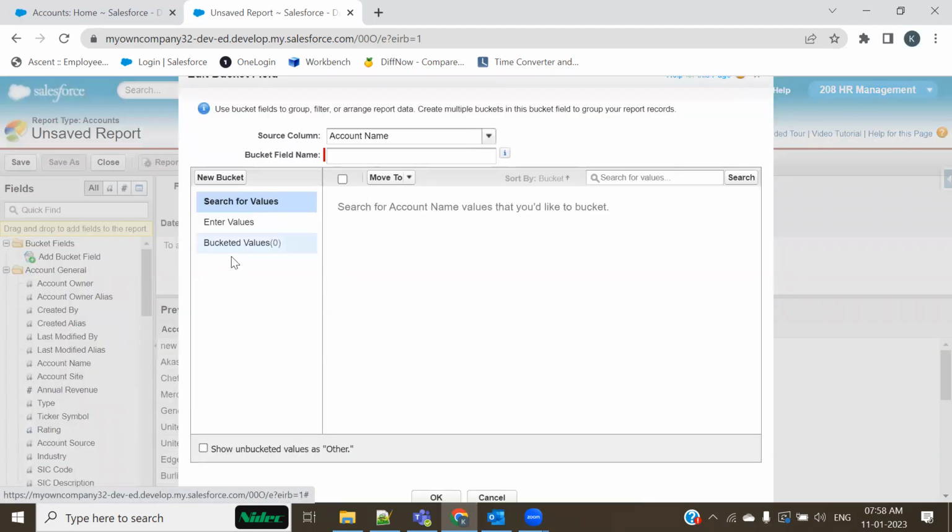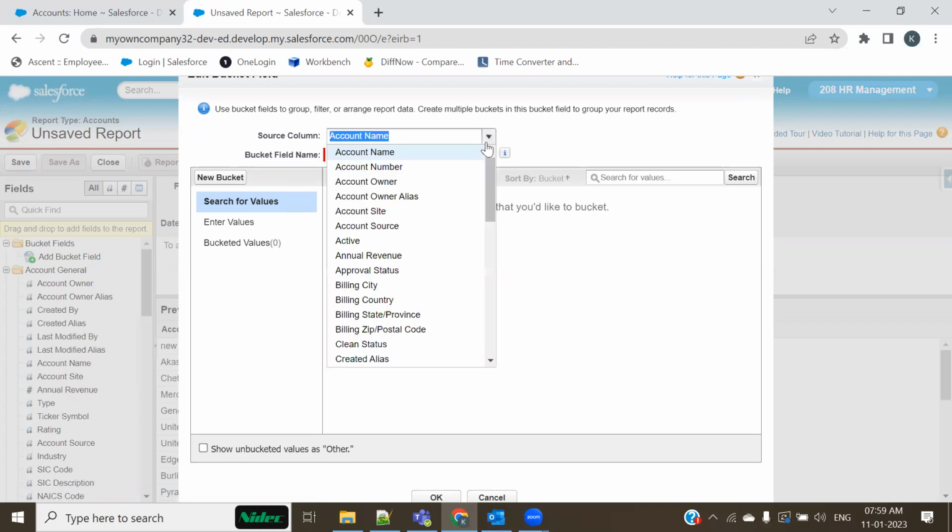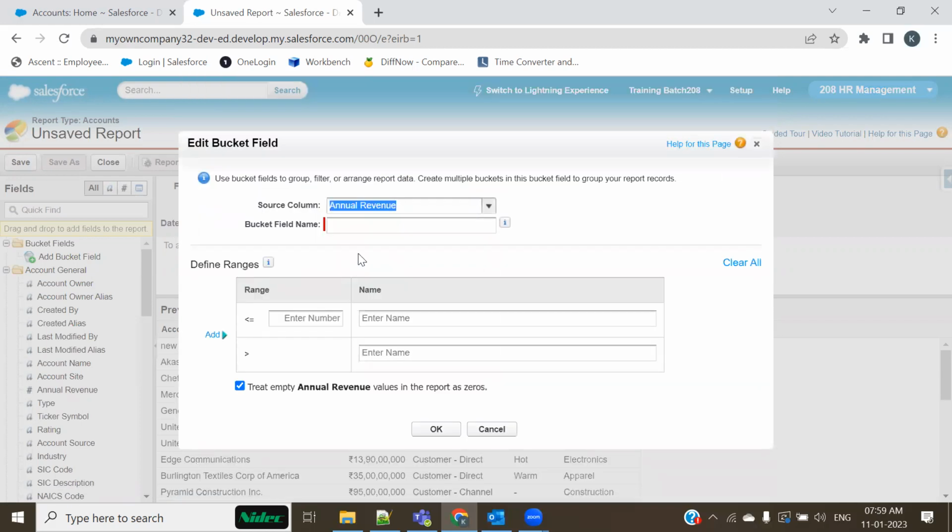So when I make a double click, it would first of all ask me based on what you wanted to segregate the values. So I wanted to do this whole calculation based on annual revenue, and so I'm selecting annual revenue. Now give the name to that field, जो आप नया बनाना चाहते हो. So I'm giving the name as customer type. All right. Customer type. I think that is what the name is. Yeah, customer type. And now give the range. So if the value of annual revenue is less than or equal to how much?